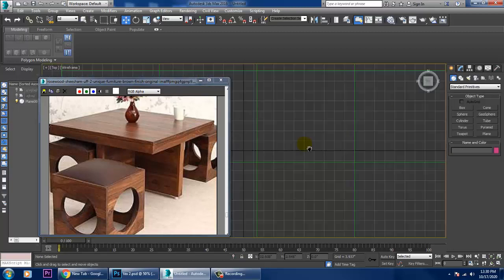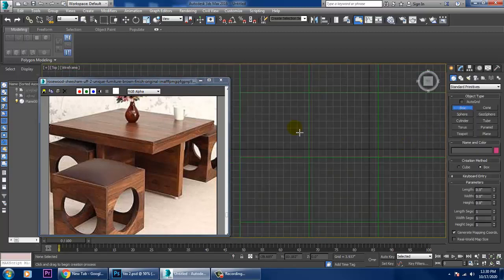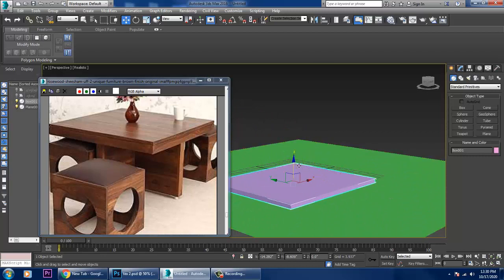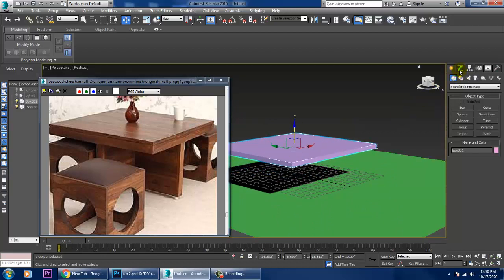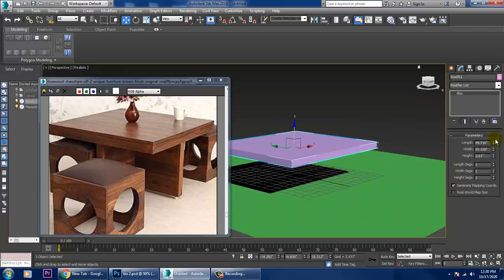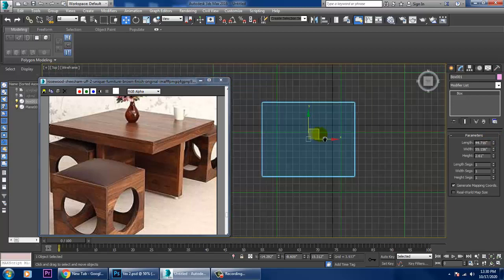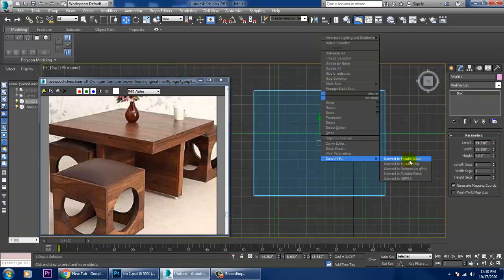Let's go to the top view, take a box. Let's just push this up, increase its height, and after that let's convert to editable poly.